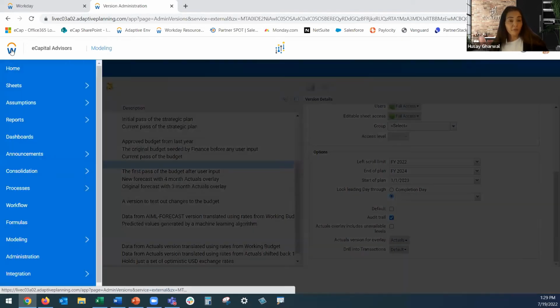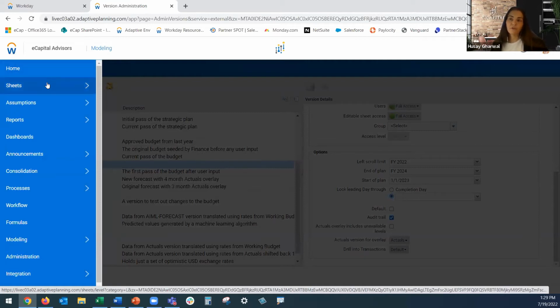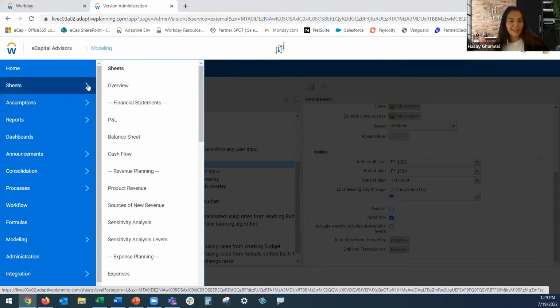So as we think of planning within Adaptive, planning in Adaptive is done within the area of sheets and assumptions. Assumptions are basically sheets as well, where you can hold drivers to help in modeling within your individual sheets. Now the term sheet, you can also think of that as an individual tab within an Excel workbook. You can have as many as you need to do that detailed granular modeling that then gets rolled up to